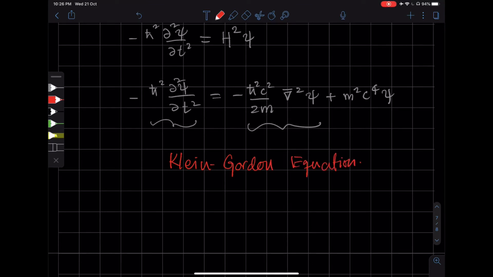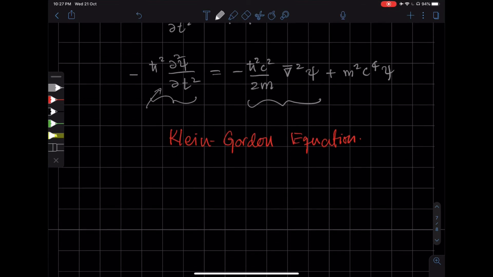Although this equation is named the Klein-Gordon equation, it was actually first found by Schrödinger. And Schrödinger didn't use it to formulate his quantum mechanics, and you might wonder why. That's because this equation has a problem. See that this equation is second order in time. Because it's second order in time, you can derive a continuity equation from it,